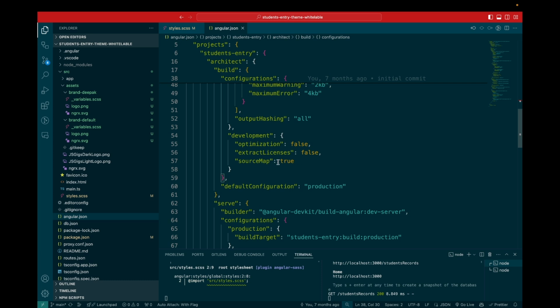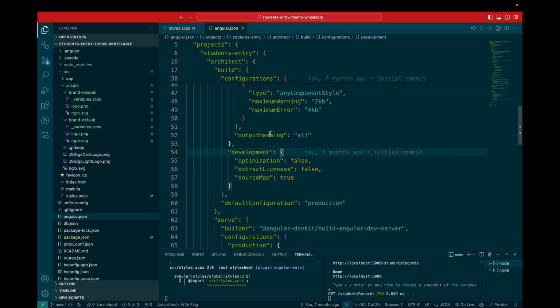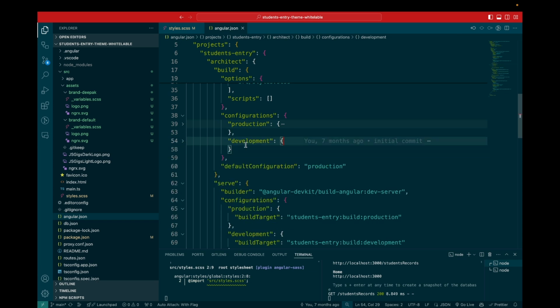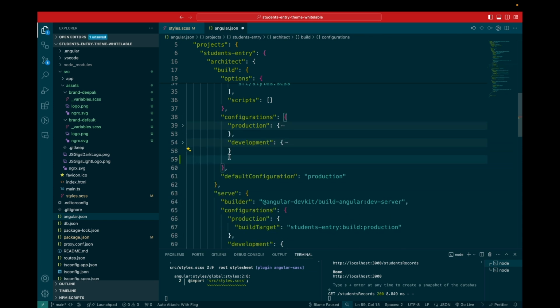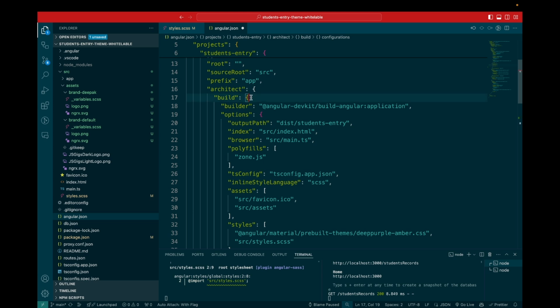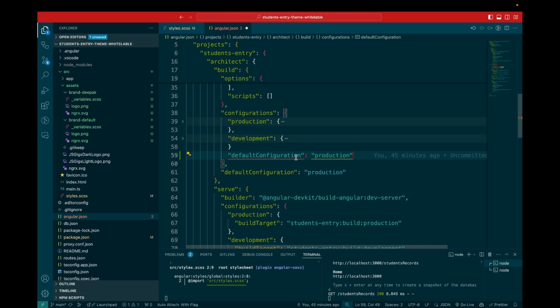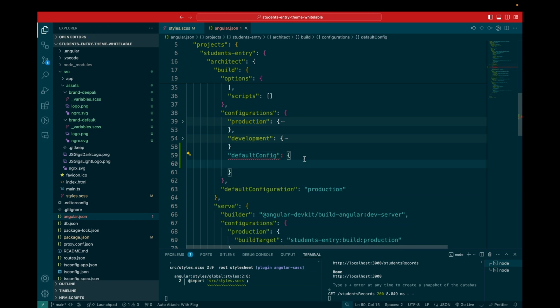So how is it really done? Let's say you have two configurations defined here: the production one and the other one is the development. So what I'm going to do is, please note that I'm doing it under the architect and also under the build, right? First I would define the default config first, and in case of a default config, it's really going to be this. You put a comment here,